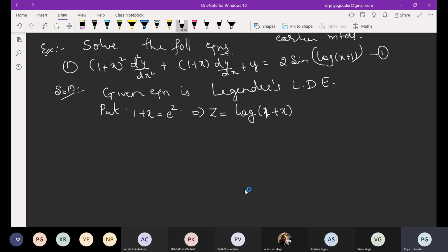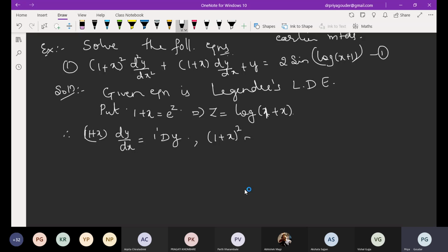Very good. Now, if I take the first term, 1 plus x into dy by dx, what is the value of this? As usual, you write Dy. Then you should see the coefficient of x in that linear factor. What is the coefficient of x here? 1. So this is 1 raised to 1. For understanding, I'm just writing it. 1 raised to 1 is 1. No worry.